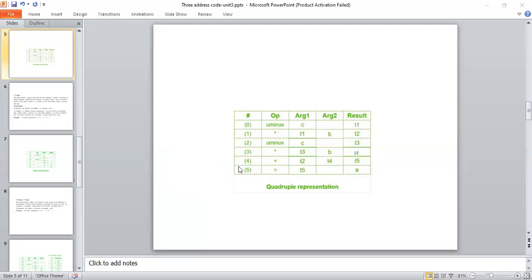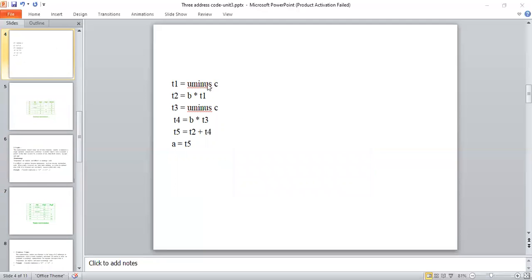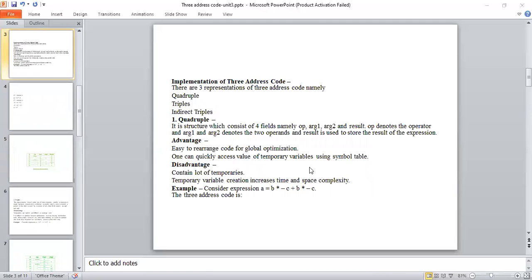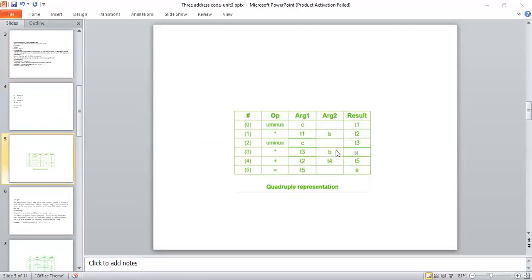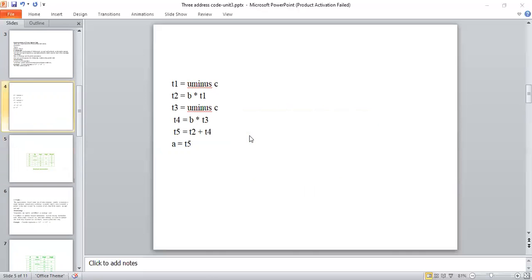Observe clearly, for the first statement, unary minus C, the operator is unary minus, the operand is C, and the result is in T1. Same thing I'm representing in the quadruple representation. It doesn't contain any argument 2, and that statement is represented as the zeroth statement.